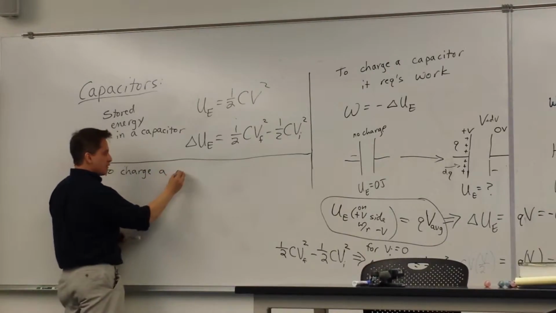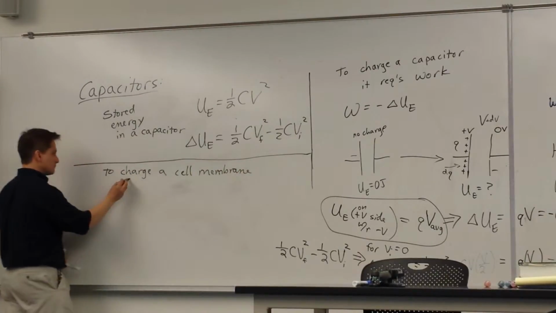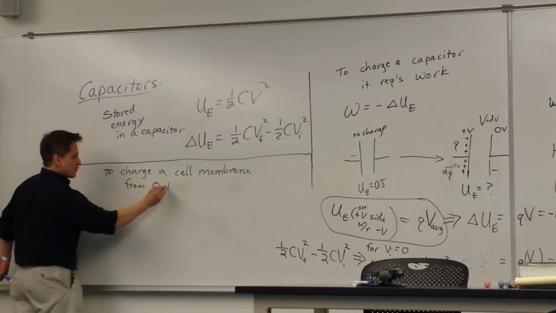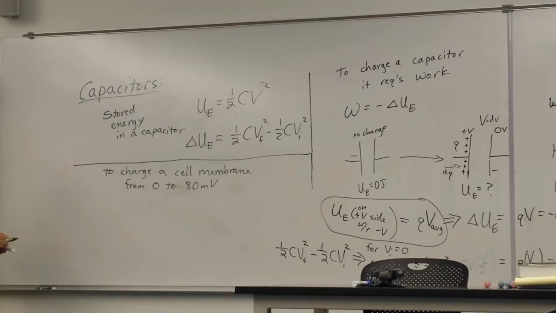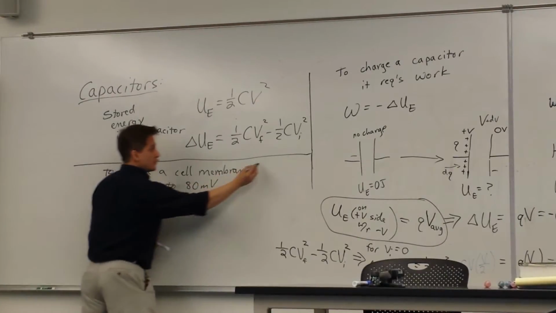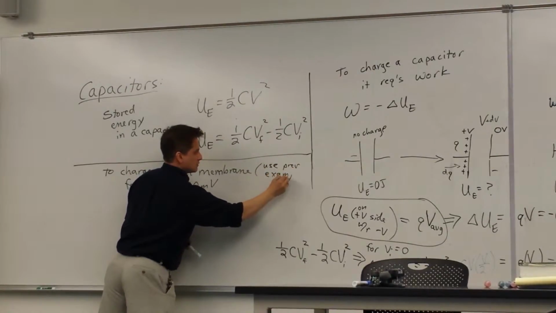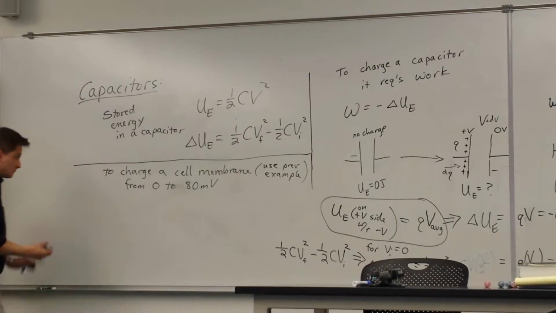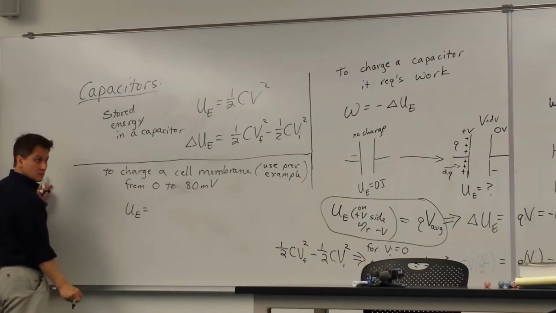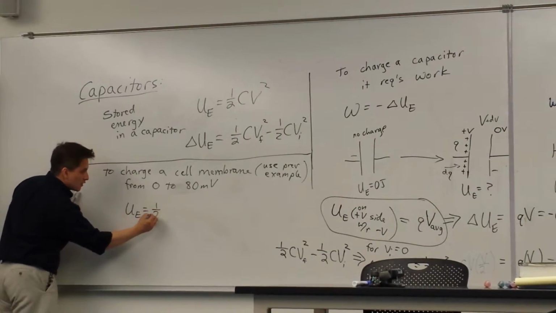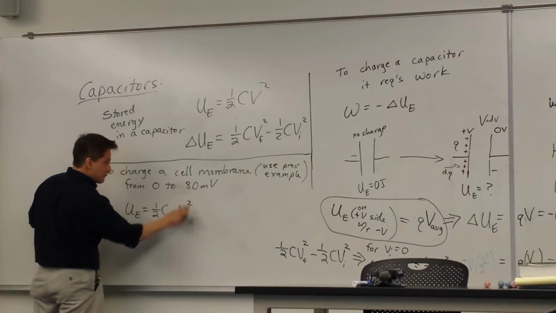So if you wanted to charge a cell membrane from 0 to 80 millivolts, and we'll use our previous example, then the stored energy would be equal to 1/2 the capacitance of the cell times the square of the membrane potential,